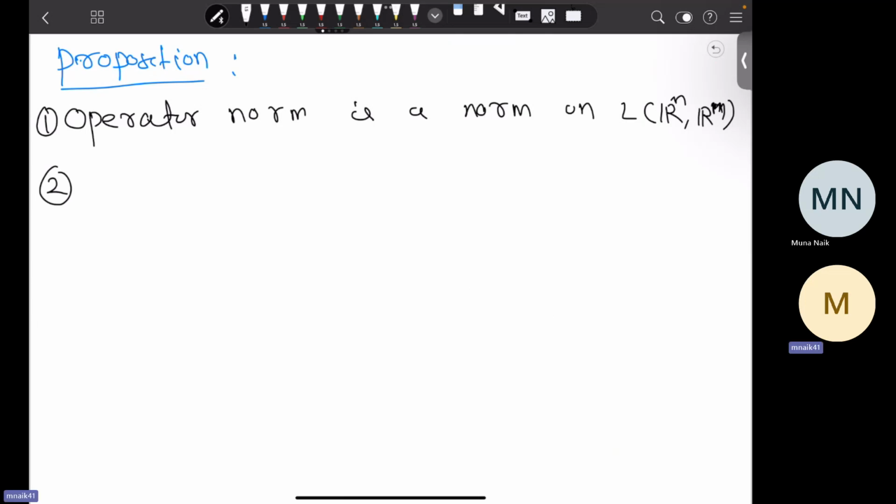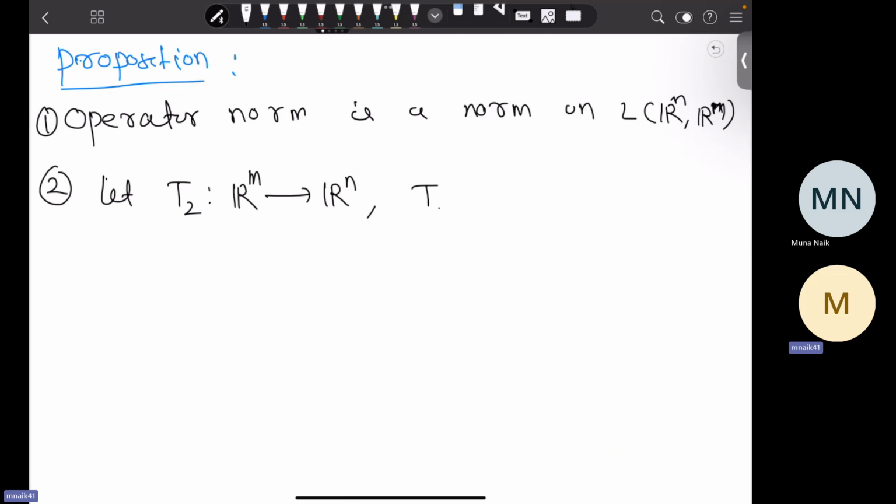Suppose T2 is a mapping from R^m to R^n,